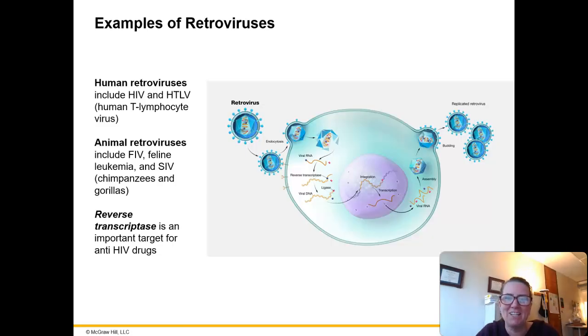Now, we don't talk a lot about pharmacology in this class, but you will if you go on to nursing classes or if you decide to be a pharmacist or something. But essentially, this reverse transcriptase makes the treatment of retroviruses novel and unique, because we can use medications or drugs to target reverse transcriptase to stop the replication of retroviruses. So HIV really became known in the media in the late 1980s, and essentially we know that